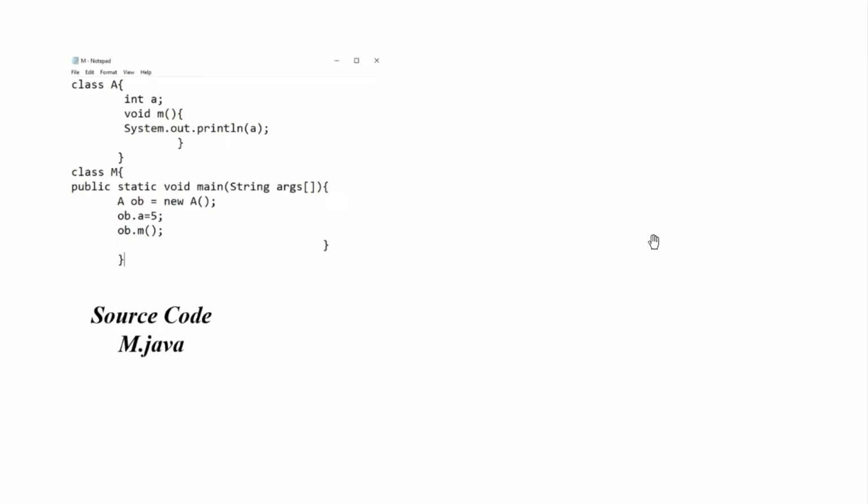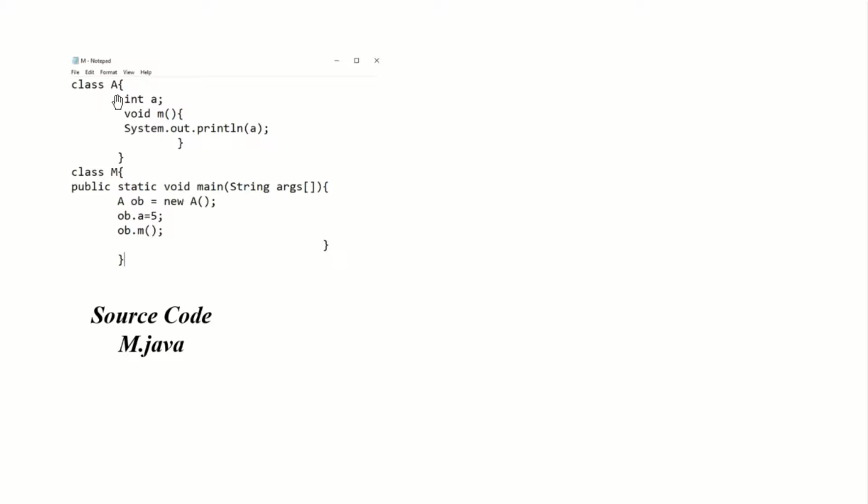Now, how to execute Java code, I have already explained. But here, you have to check one thing. Whatever code I have written, it contains only one class. In case of Java, you may have more than one class in a particular program. See, in this code, I have two classes.